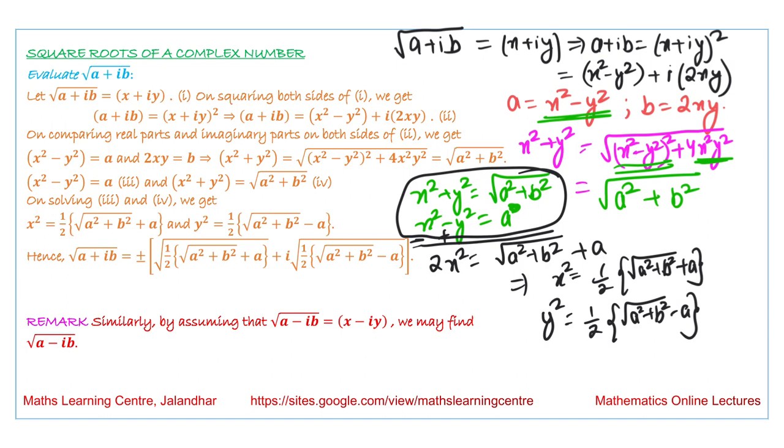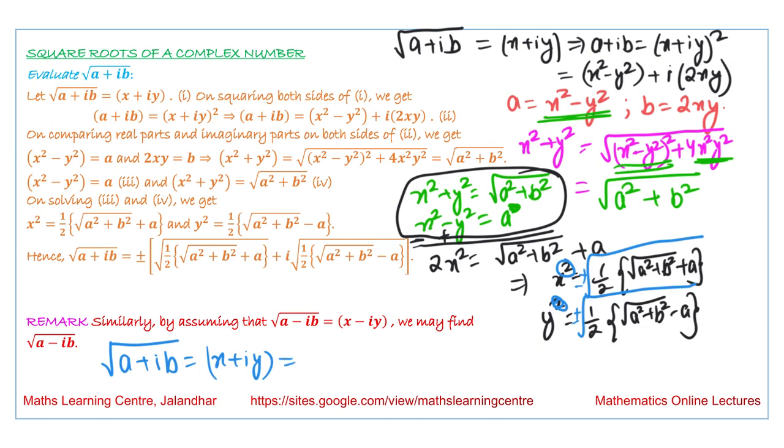So if we calculate the value of x and y, that will be plus minus, with the plus minus sign. If we write the value of x, it will be plus minus the square root of this. If we write the value of y, it will be plus minus the square root of this. So we have obtained the value of x and y, and the square root of a plus iota b is equal to x plus iota y,